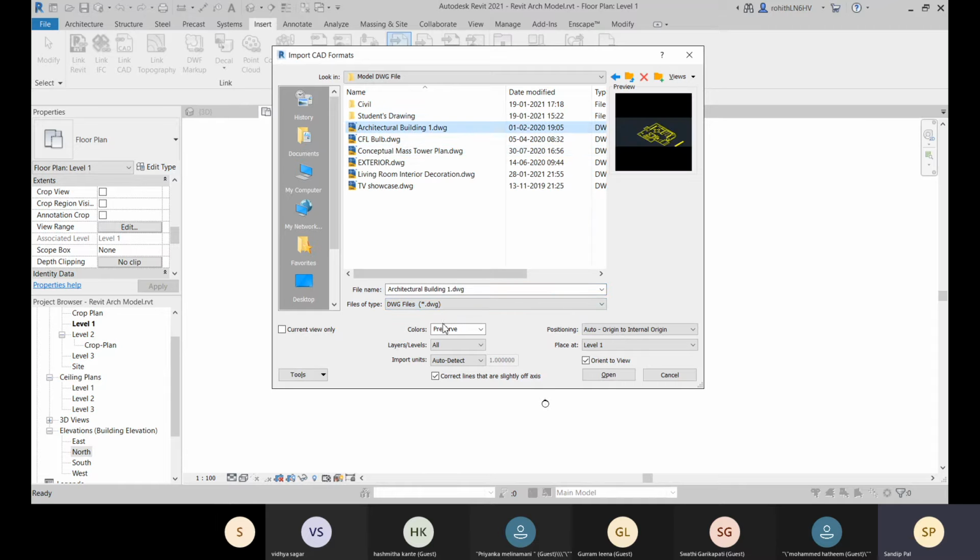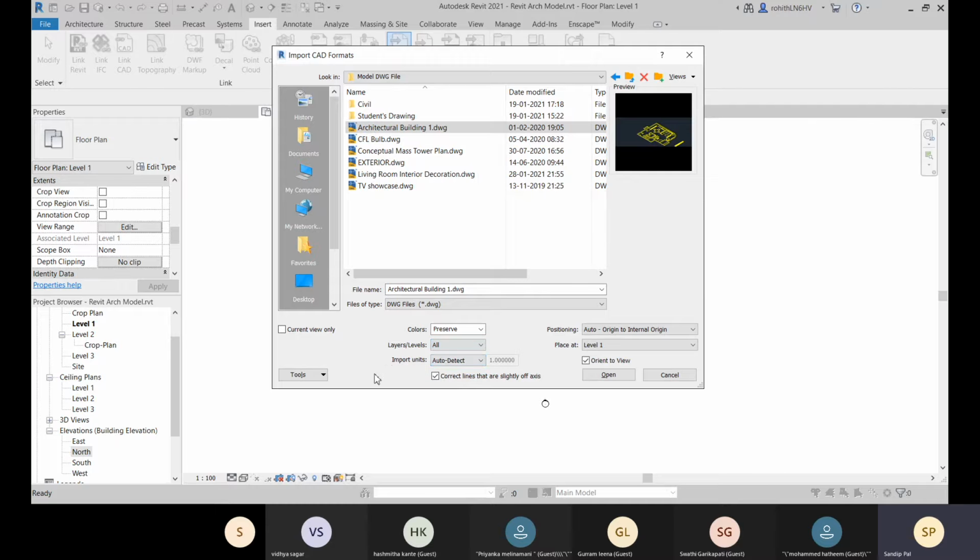And here you can see that this file will be loaded, and for the colors, I want to preserve all the colors. If you want to make it black and white or invert, you can choose that. Now about layers, if you want to add all the layers or levels, you can go for all, or else visible, which means only the layers you have applied will be added. So for that you go for visible, and specify, then you can specify what layers you want to add.